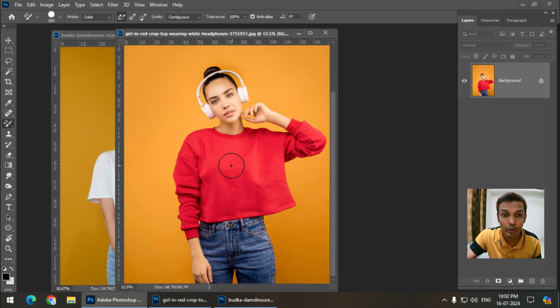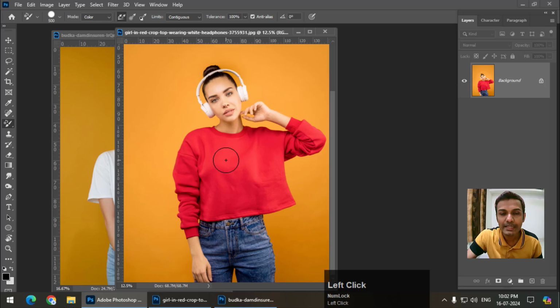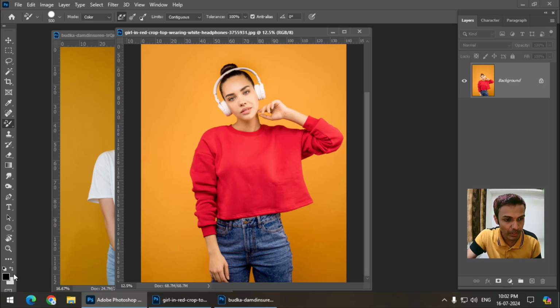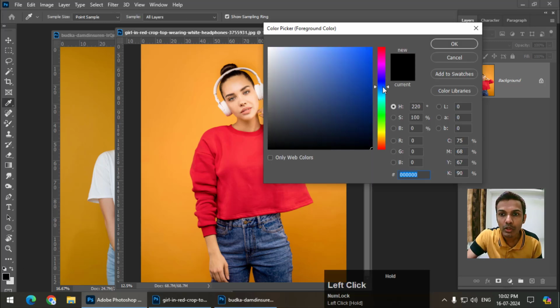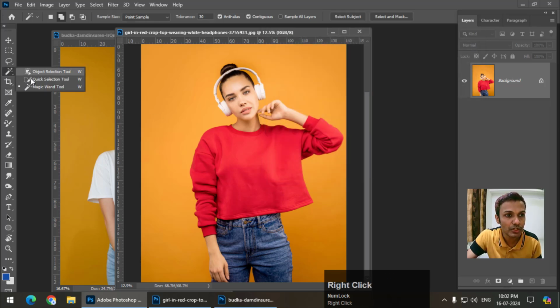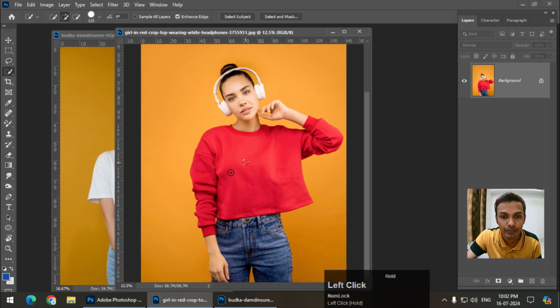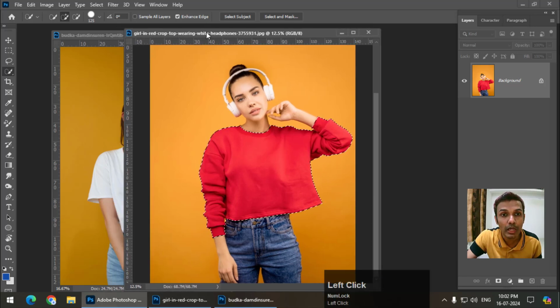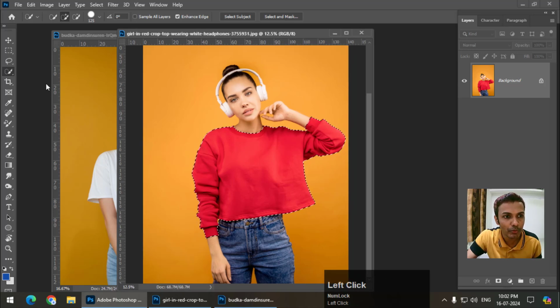But before that, I'm going to use a color which is not black or white. In this case, this is a red colored shirt. I'm going to select any color, for example, the blue color. And to select this shirt properly, I'm going to use the quick selection tool. You can use any tool that you feel comfortable with. Now I'm going to use the color replacement tool and simply